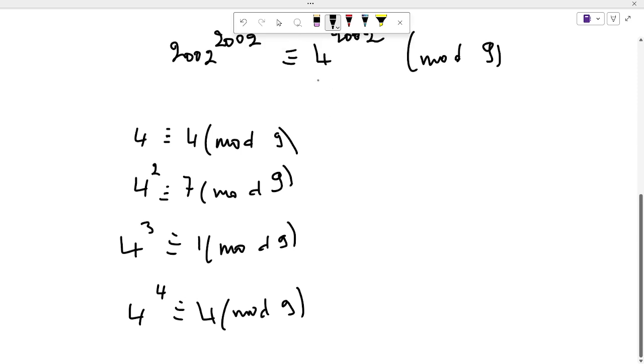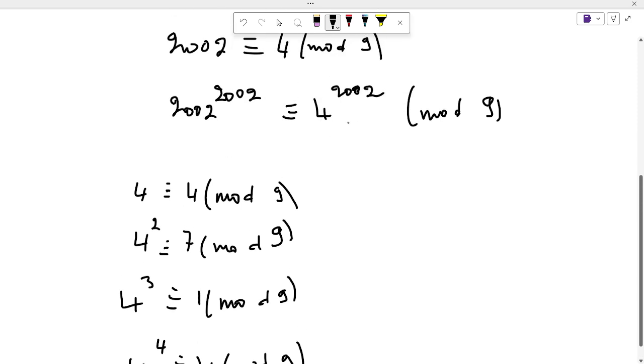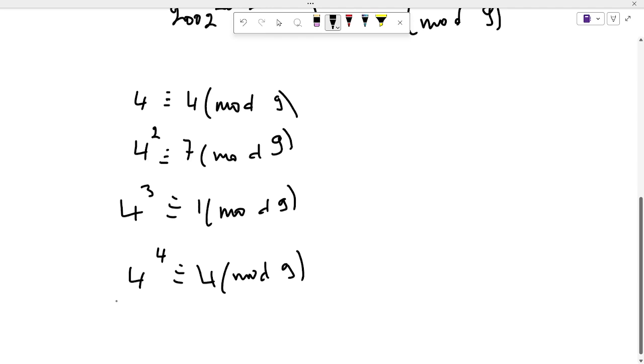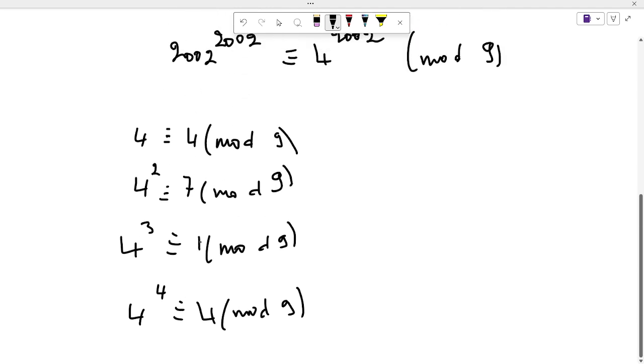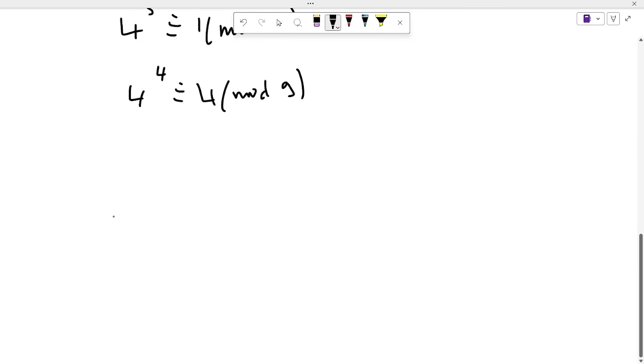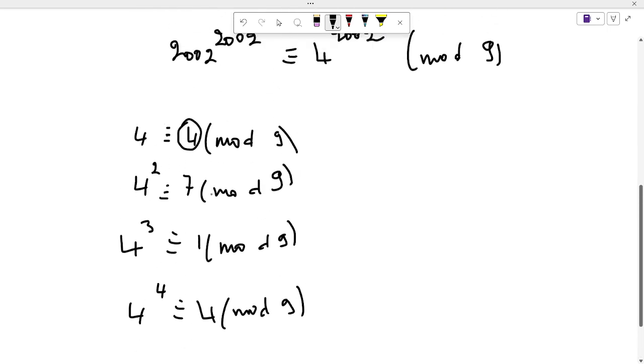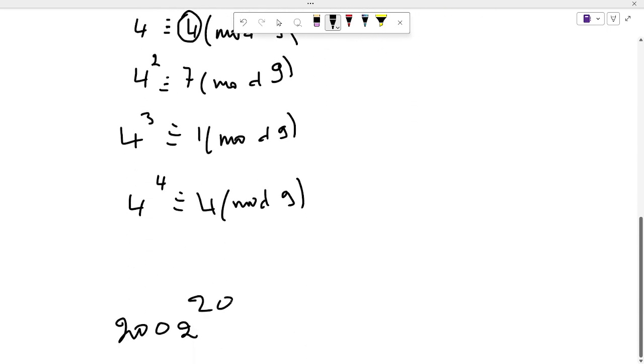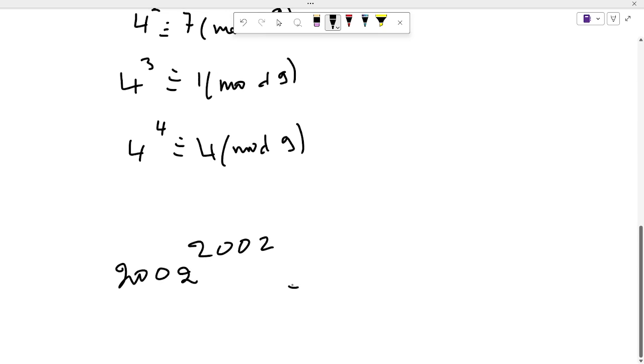So all we have to do is find 4 to the power 2002. Is it 4, 7, or 1? It's the same as finding the residue when 2002 is divided by 3, which is 1, which means that the answer is 4. So basically 2002 to the power 2002 is actually congruent to 4 modulo 9,